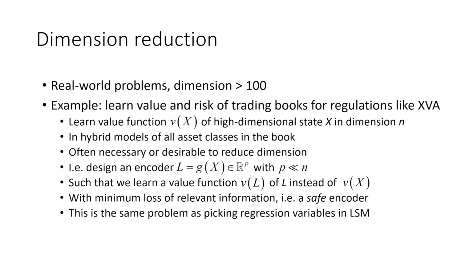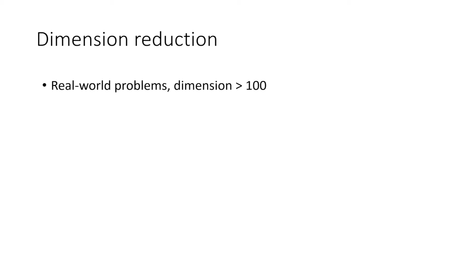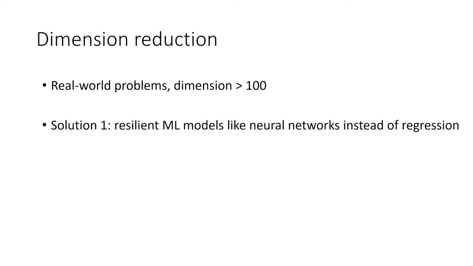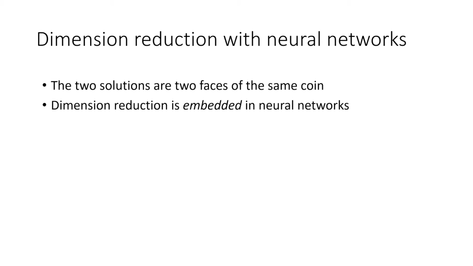This is the same problem as picking regression variables in LSM, but it should be clear that handcrafted rules don't scale to trading books, as an algorithm is necessary. We really have two families of solutions when faced with high-dimensional problems. One, switch to modern machine learning models like deep neural networks instead of regression. Two, safely reduce dimension. These are in fact two faces of the same coin, because neural networks implicitly perform meaningful